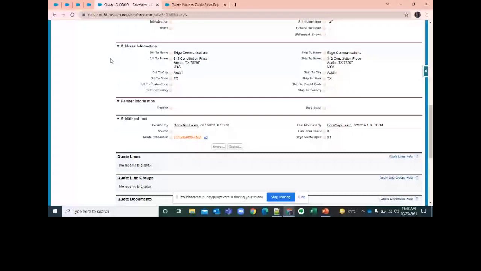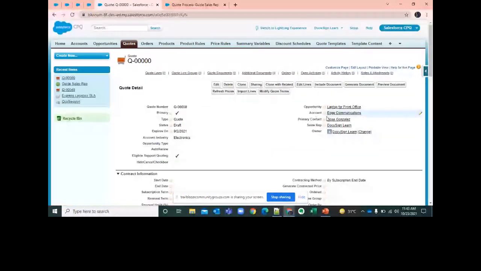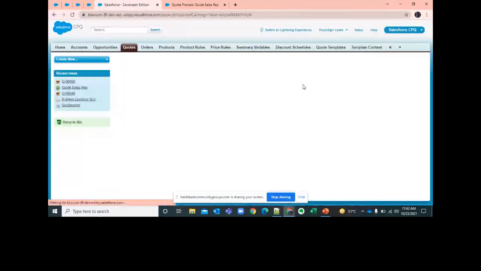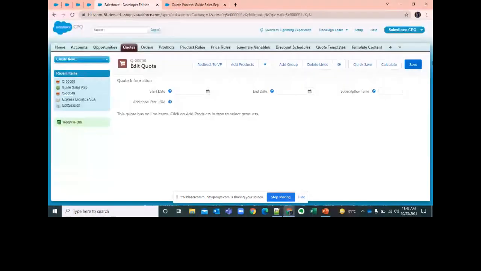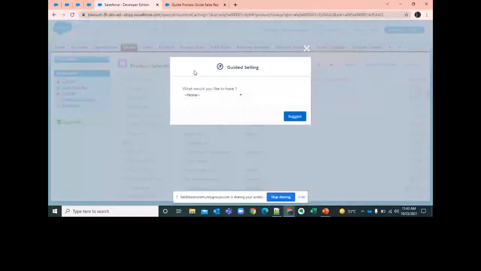By the way, this is a really simple topic. So this is the quote. Let me click on edit lines. Here we landed on the line editor. Click on add products. Are you able to see the icon? This is the guided selling icon, and this is how the guided selling prompt looks.